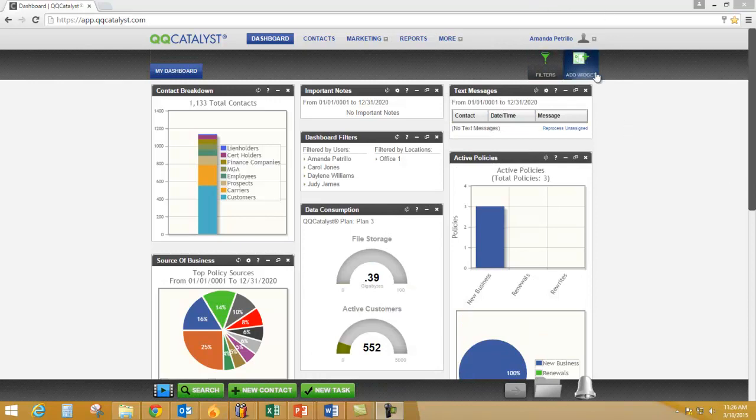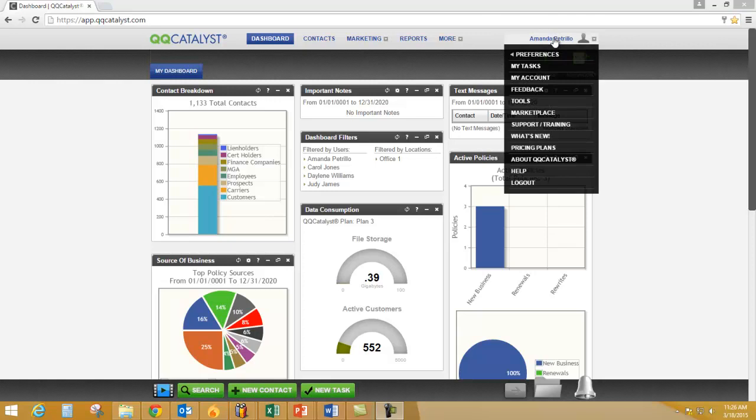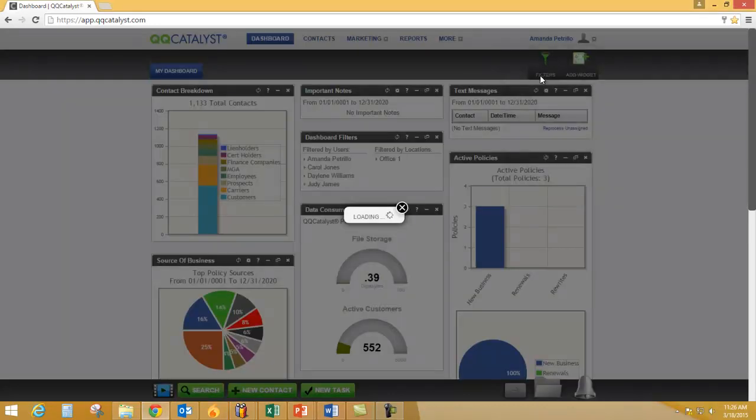You will also notice to the far right your username. If you hover over your username, this will generate a drop-down menu. This drop-down menu will provide you with many helpful options that you can utilize when you're working within QQ Catalyst. Some of these options include your preferences, which we will return to momentarily, the My Tasks feature, where you can view reminders that you've assigned to yourself or others, the My Account feature, where you can view your QQ ID